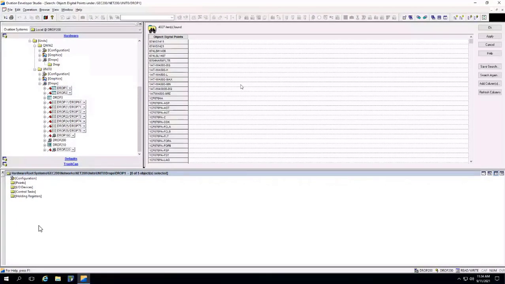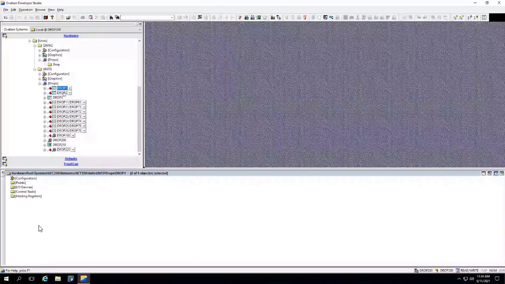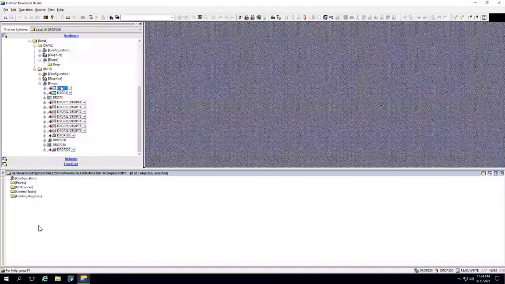Can you see this drop 1 right click search option? Yeah, the very first step and the very last step we can see. It jumped immediately to this one. Okay, let me repeat this step. Right click on drop 1, click on search, and you will get this search window.